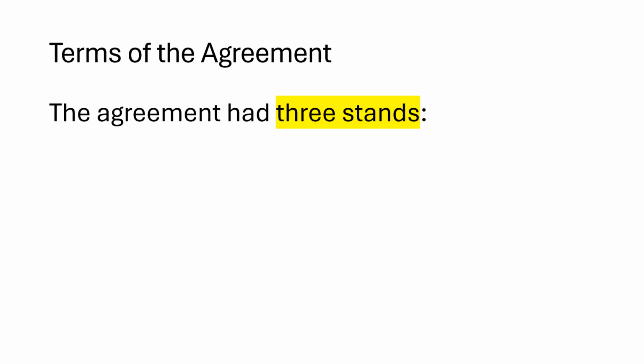Now we're into the actual terms of the agreement. So that was all the reasons the agreement came about and eventually when it was signed. In terms of the terms, you think of terms and conditions, what is actually in it. This is just what does it say, what was agreed, and this could potentially be a named marker in and of itself. It's important to say the agreement has three strands, not stands as it says on the screen. Essentially it has three main areas that it talks about where agreement has been reached.